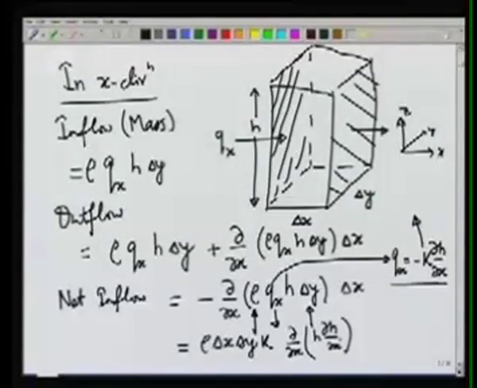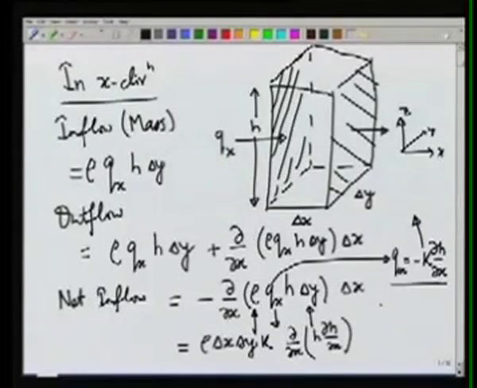We can further simplify this equation by noting that the h del h by del x term can be written as half partial of h square with respect to x. So if we use this, we can write the net inflow